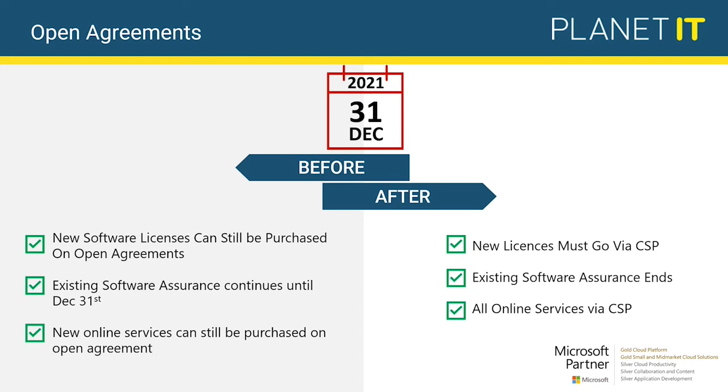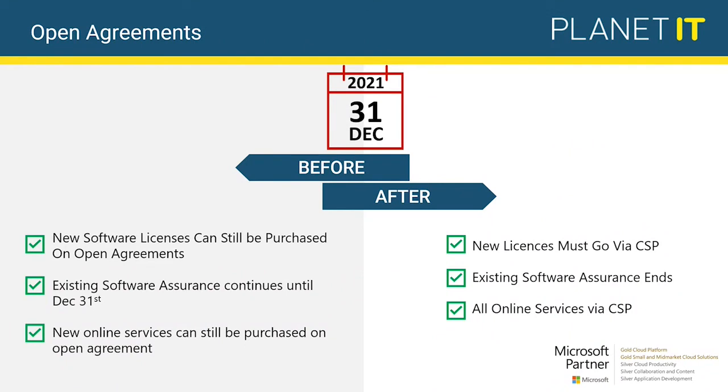If you try to activate a server on 2019 using an existing open agreement license after the 31st of December, it will not activate. It will tell you it's an invalid key, and they'll require you to buy a new license. And all online services, obviously, as with all the other changes we've been talking about, will end up going